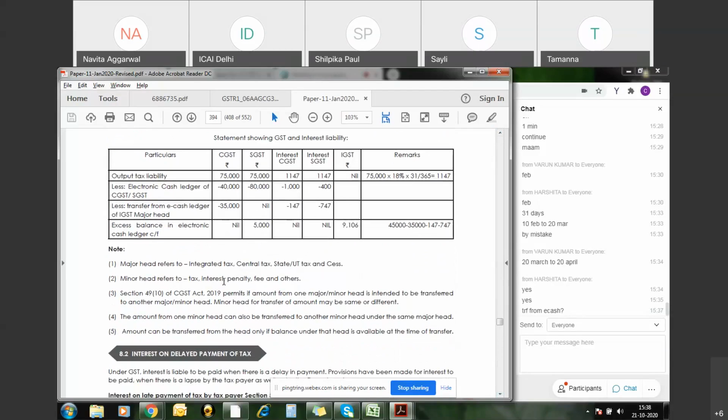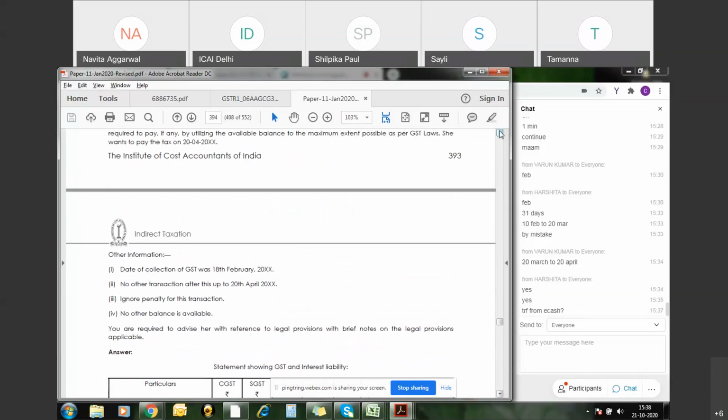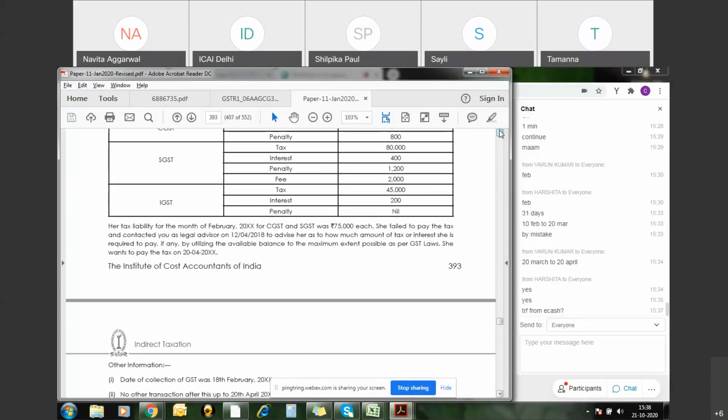Minor heads refer to the interest, penalty, fee, and others. Section 49 permits that if an amount from one major or minor head is intended to be transferred to another major or minor head, the heads for transfer of amount may be the same or different. So what can be understood is that this 747 can be used from the ITC, IGST. The minor heads include your interest, penalty, and fees. So if there is any credit available in the cash ledger, this 747 can be utilized from the IGST,